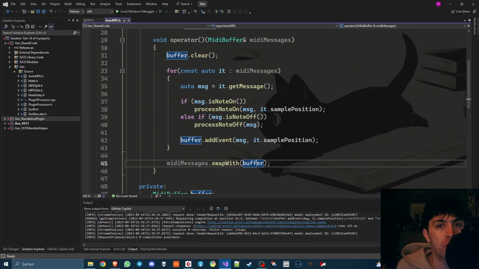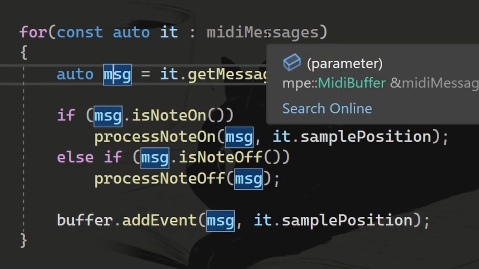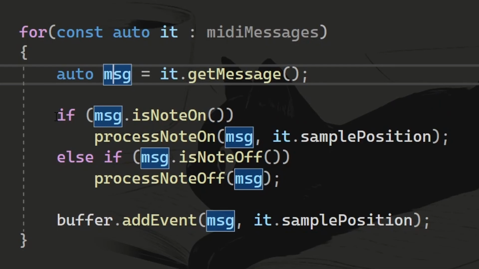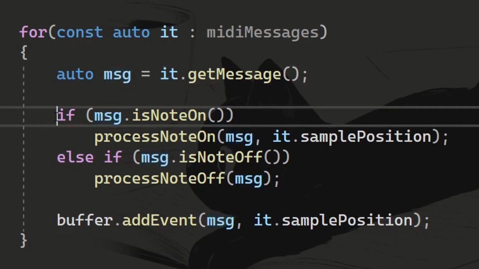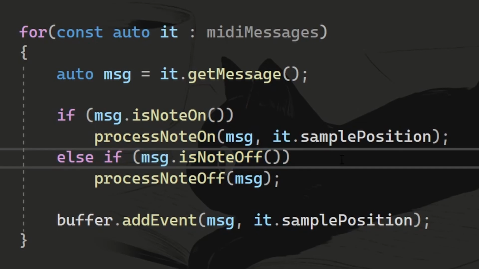So basically we want to know now what's happening with this buffer. And the loop shows you what's going on. For each message in the MIDI messages buffer, we are doing something different depending on whether this message is a NoteOn message or a NoteOff message. If it's neither of those, then we are just adding the message without manipulating it at all. We are only interested in messages that represent note values, because those are the ones that have to be put